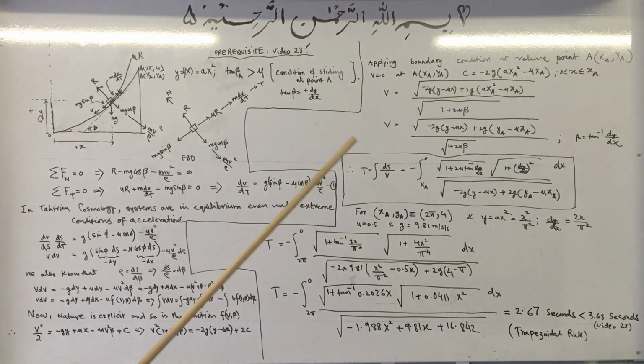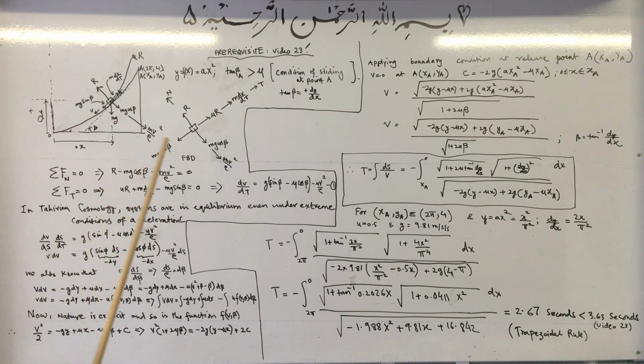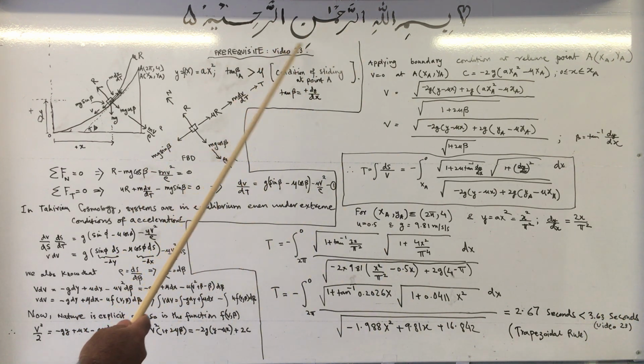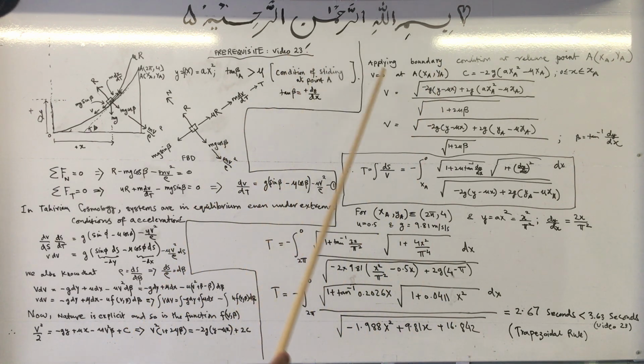Okay, in this video, we will calculate the time for a body to travel while sliding down on a parabolic path, on a parabolic curve, y is equal to f(x) is equal to ax square. This video is very similar to my video 23. So if you don't understand anything in this video, you can go back to video 23 and check the missing portion. Conditions are pretty similar to the ones in my previous video 23, except that this force has